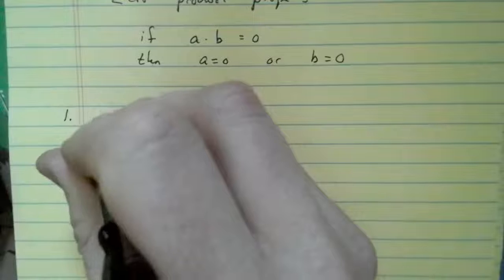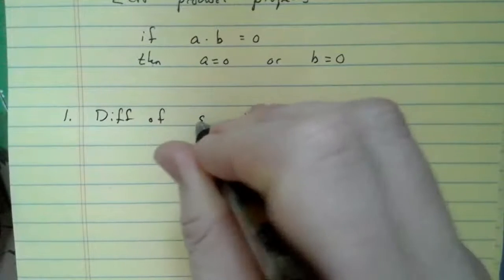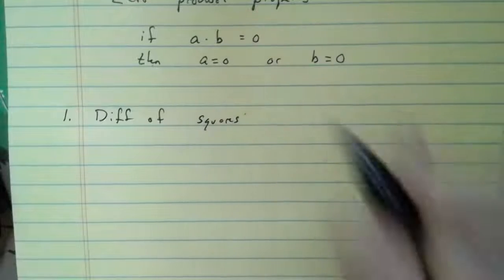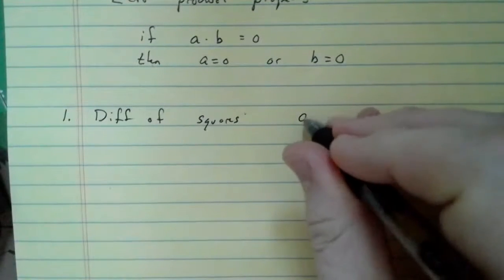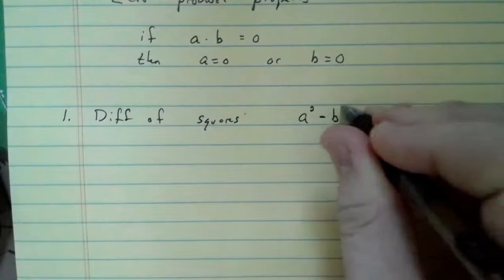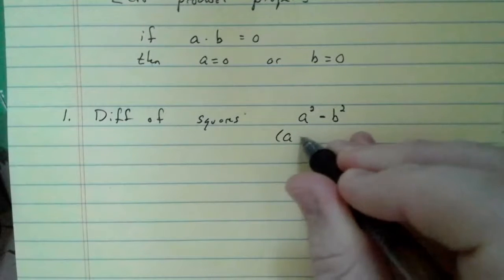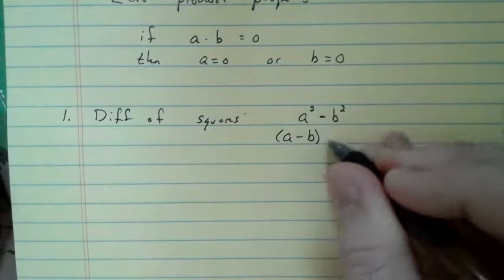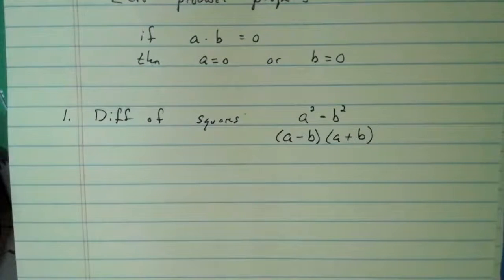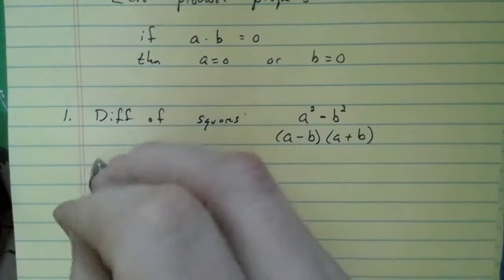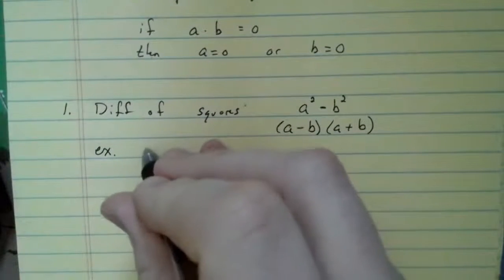Okay, this is called a difference of squares. Now the way the difference of squares pattern works is if you have a squared minus b squared, has to be a minus sign, this will always factor to a minus b, a plus b. Okay? So that's the difference of squares pattern. If we take a look at an example, we have something like x squared